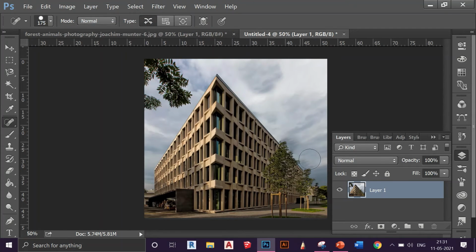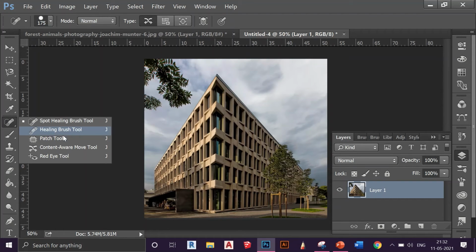Let's undo it. So you saw it worked here, but it's not working here. Actually what it does is if the background is pretty clear, it works properly. But if the background has different things, like the building, the sky and different leaves surrounding it, it gets a little confused and the output it gives is not that appropriate. But it works here because the sky is clear and it can merge it.